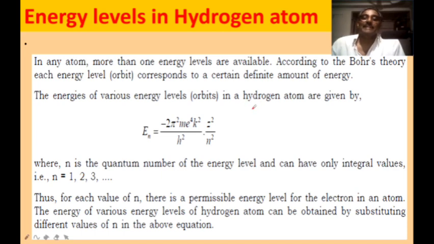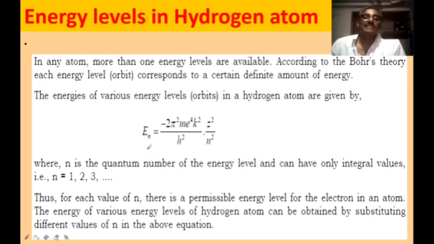For example, in hydrogen atom, if the electron lies in the first orbit, that state is said to be the ground state. That is the most stable state. If the electron in the hydrogen atom jumps to the second energy level, that is said to be the first excited state. If it jumps to the third energy level, it is said to be the second excited state. Fourth energy level is the third excited state, and so on. There are several excited states, but there is only one ground state, the least energetic state, for hydrogen atom, in which the electron lies in the first energy level.